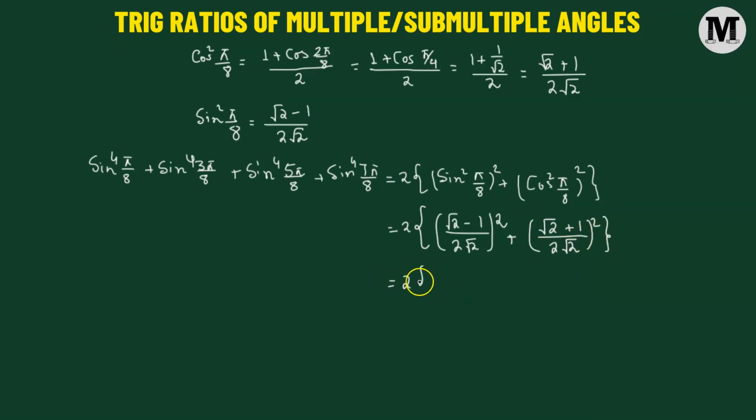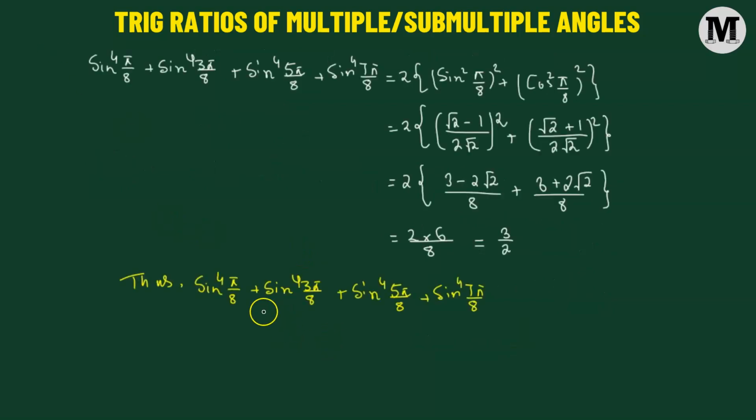We have 2 times. Now square root of 2 minus 1 whole squared, that's going to give us 3 minus 2 times square root of 2 divided by 8, added to square root of 2 plus 1 whole squared, that will be 3 plus 2 times square root of 2 divided by 8. Further simplification is now going to give us 2 times 6 over 8. So when we simplify this, we're going to get the value 3 over 2. Therefore, the value of our trigonometric expression will be equal to 3 over